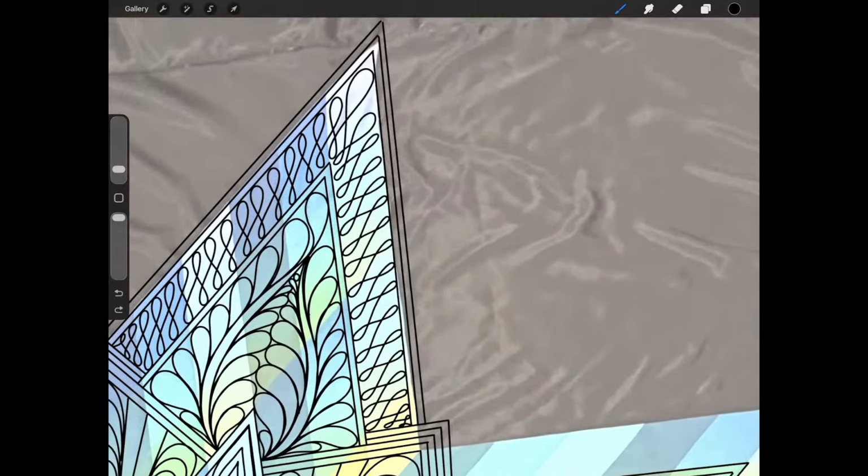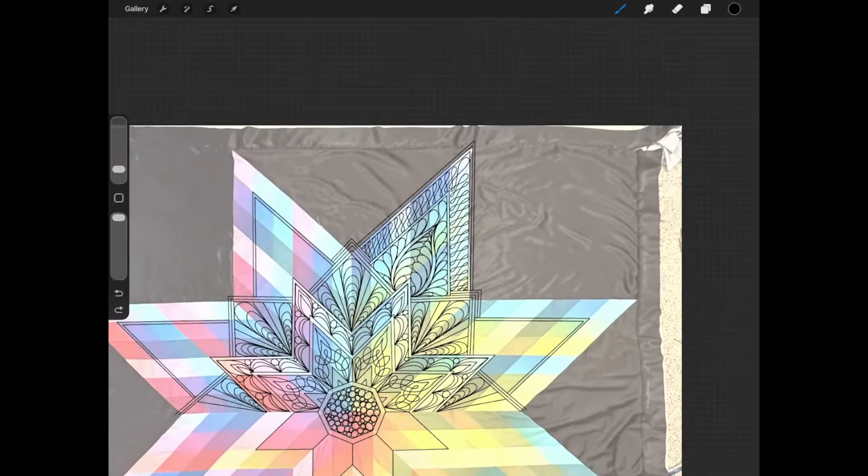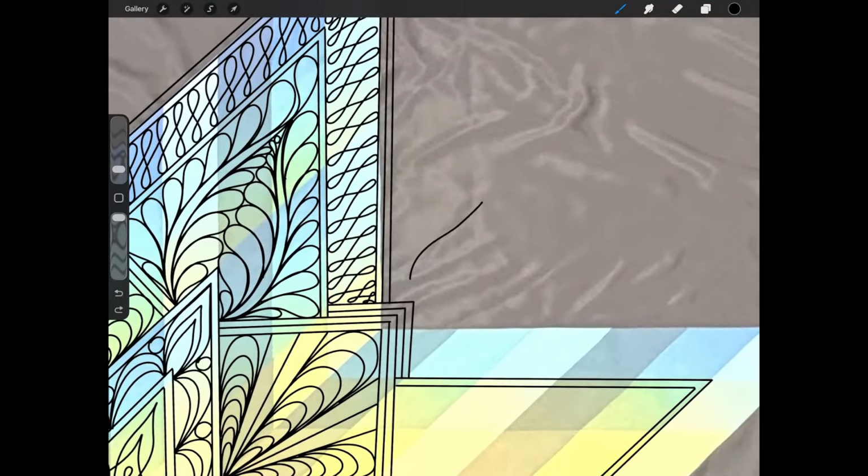So I know that I'm going to have this outer border here, and then everything else is going to be graffiti quilting outward. Now, there's a couple ways that you can do graffiti quilting, and we talk about this in